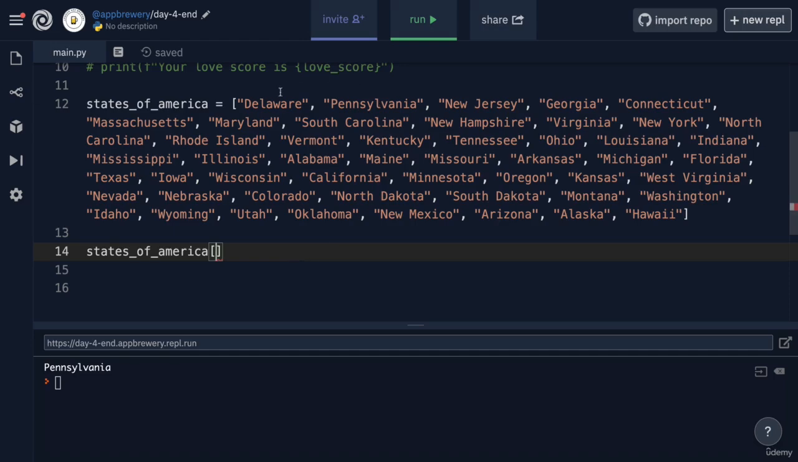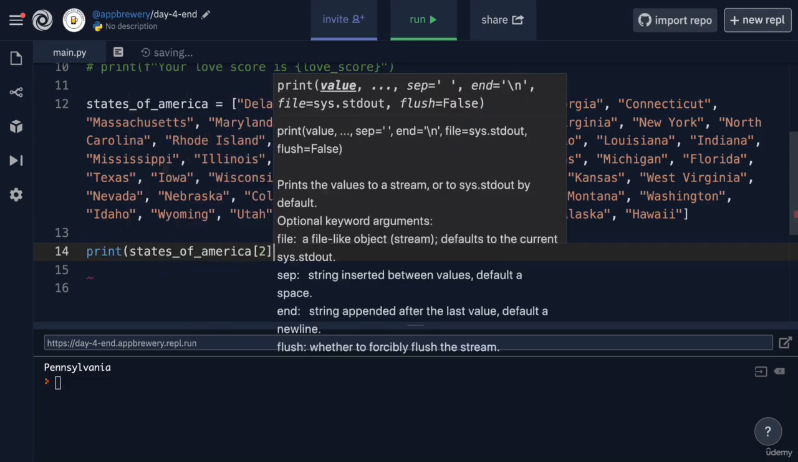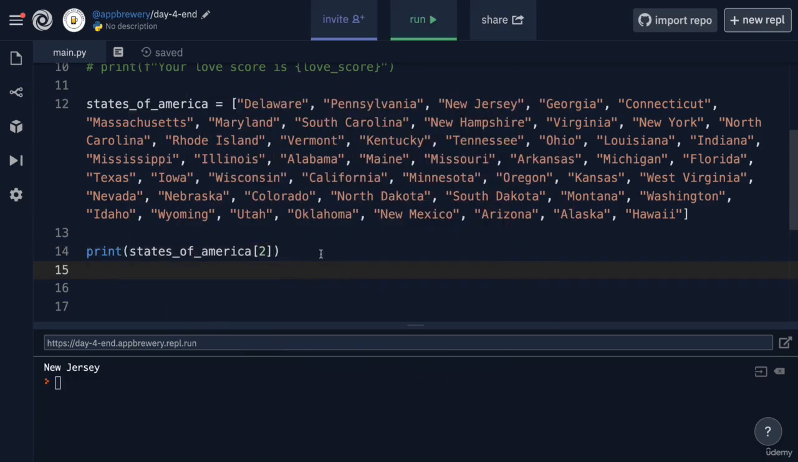want. So if we want New Jersey, it's offset from the beginning by 1, 2. So now this part of the code is equal to New Jersey. And we could, if we wanted to, save it into another variable, or we could simply print it as we did before. Now, in addition to using the positive index, so say 0, 1, 2, 3, you can also use